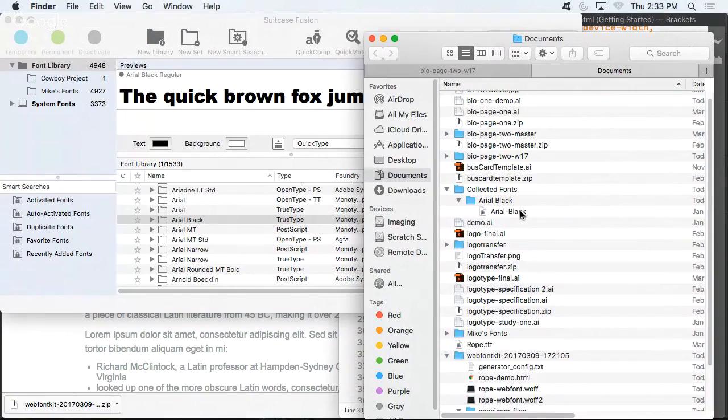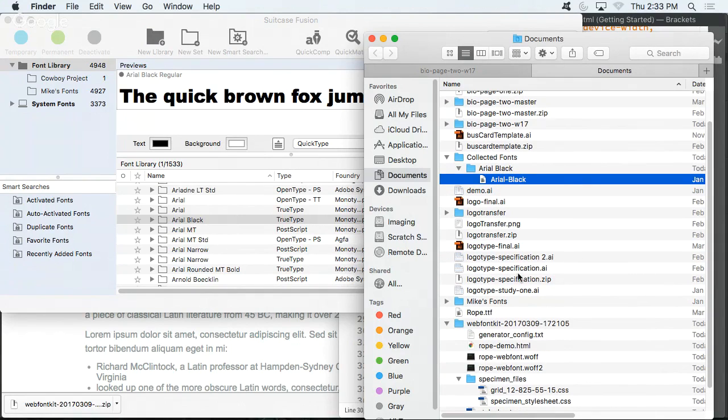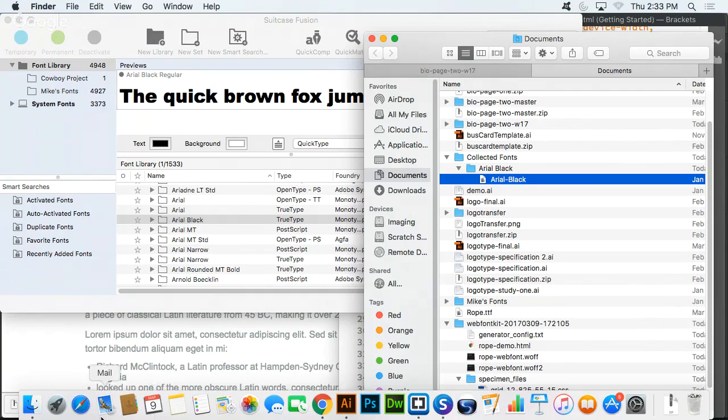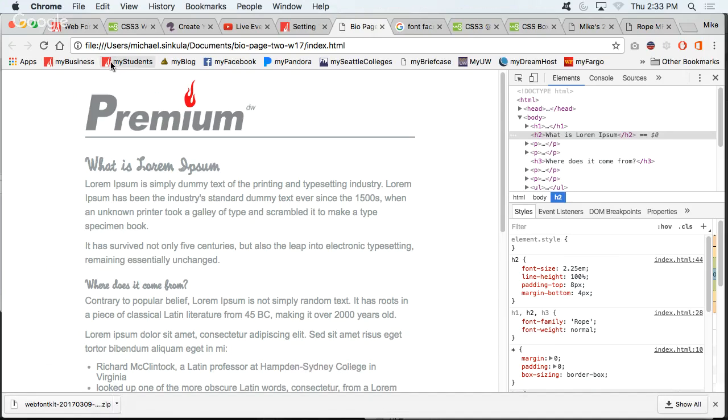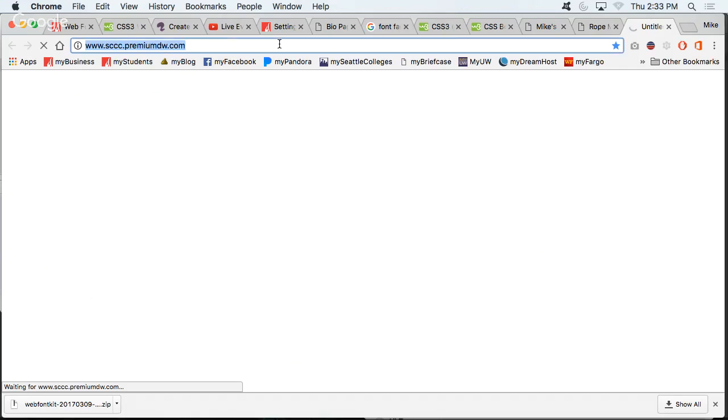Arial Black. Oh, it doesn't have the .ttf or open type on it. Well, in that case, let me show you how to steal a font from the web. Right, so if I went to my examples folder,